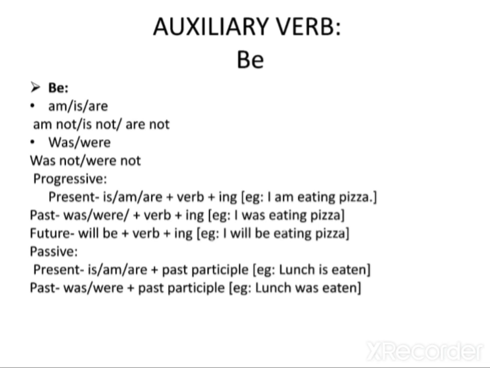I was eating pizza was the past, and I am eating pizza, something is happening right now. That's the present progressive. So, the present progressive or present continuous will always have the verb to be, either past, present or future, and it will always have an ing on the verb. Okay, that's cool. Let's get a little more complicated.